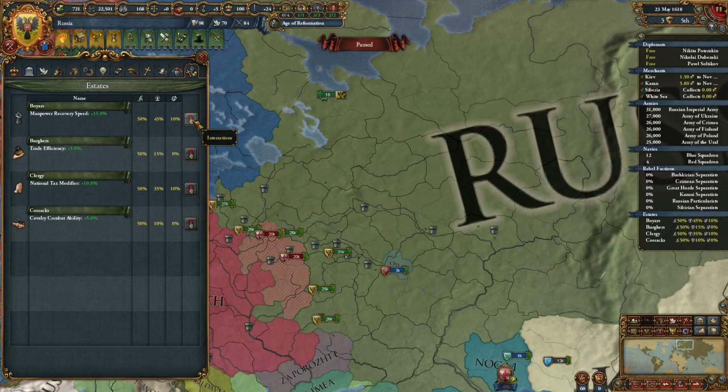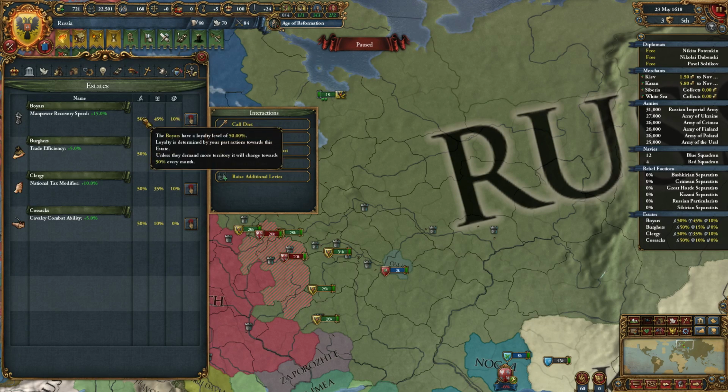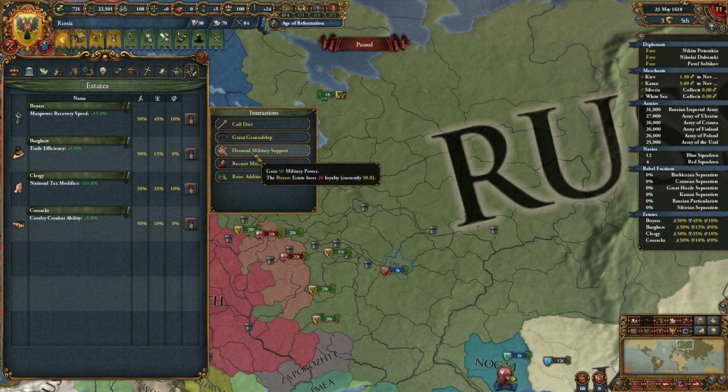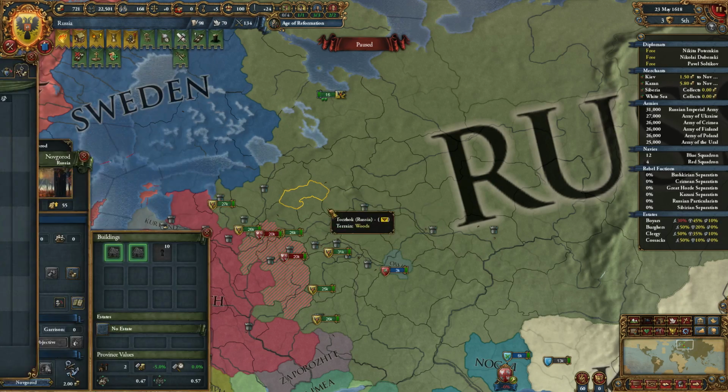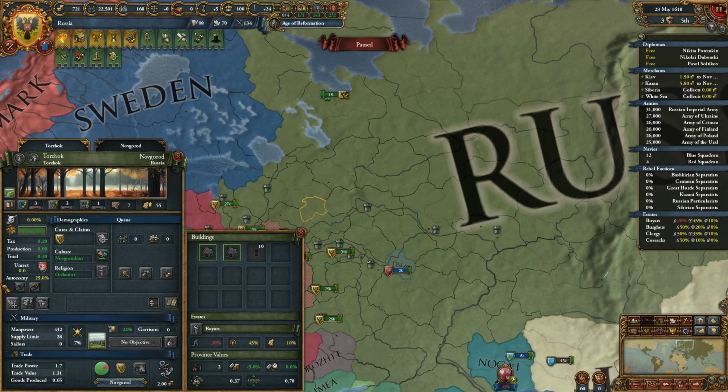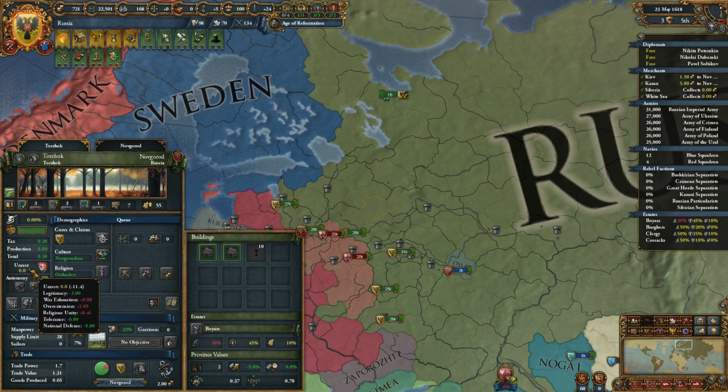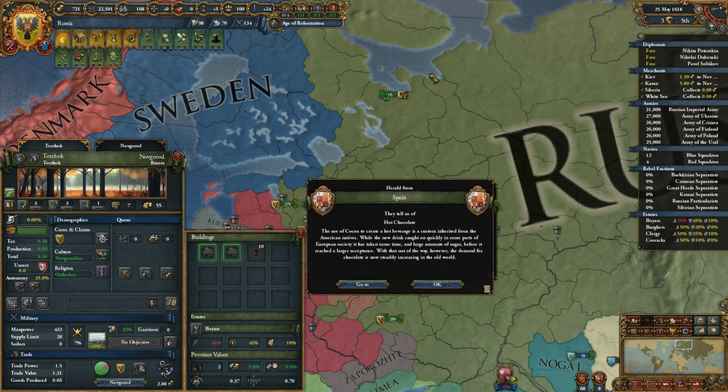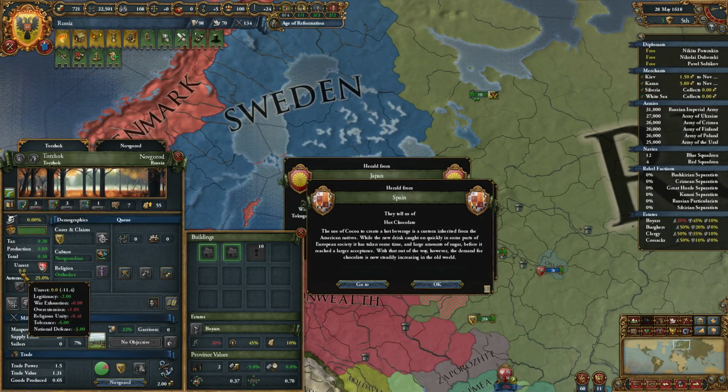For example, if I were to use an interaction, I'll go into this later, but if I was to take a demand military support, you can see the boyars would lose 20% loyalty, or 20 loyalty. So they'd fall to 30 and be rebellious. Now if we were to look at that province again, I have to tab forward a day or two, I suspect. I'm not caring about where I am in the world's history, so